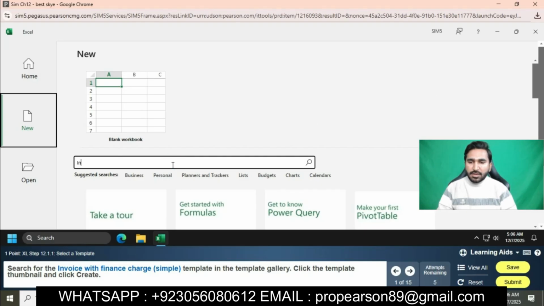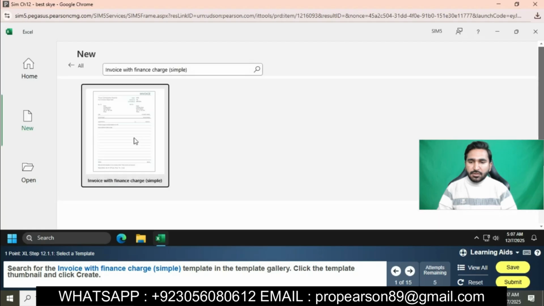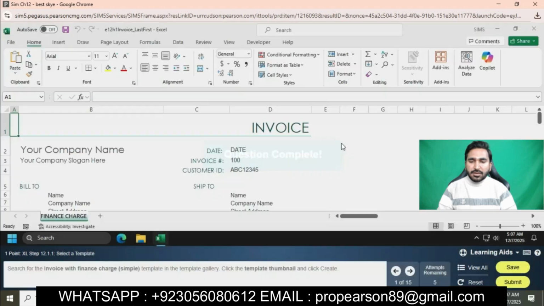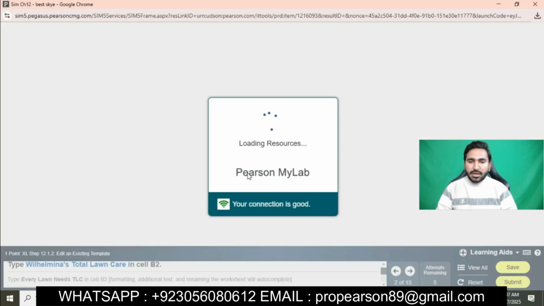We will search here for invoice with finance charge simple. This template will be searched in the template gallery, then click the template thumbnail and click create. Okay, the next question is that